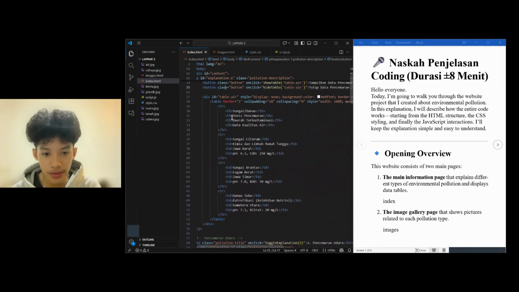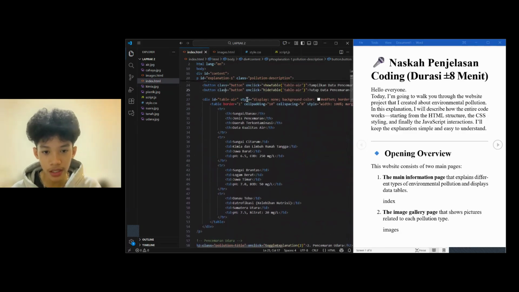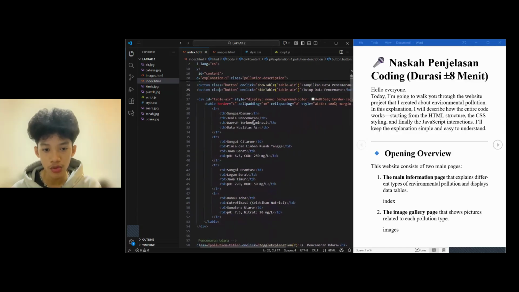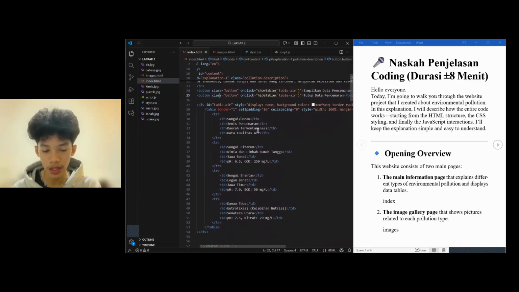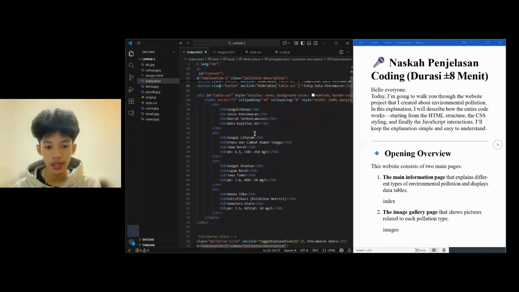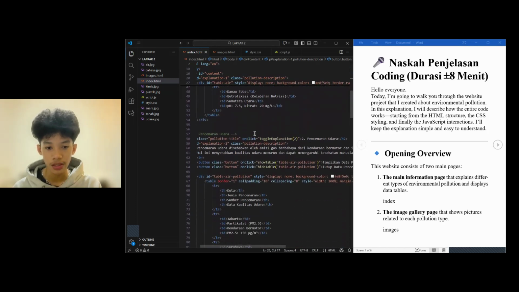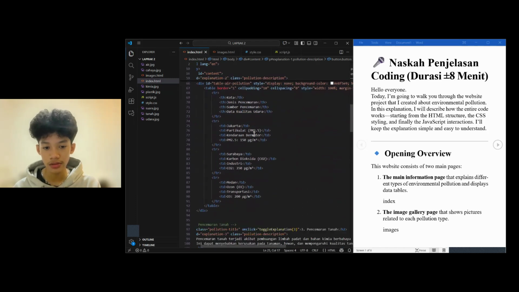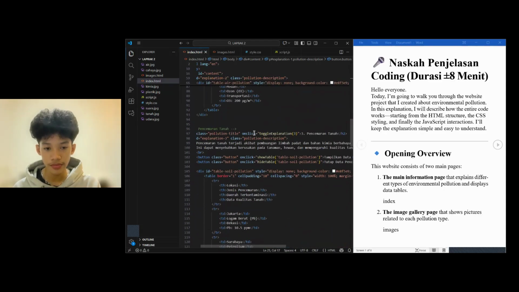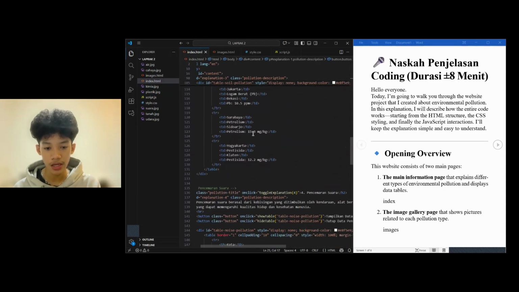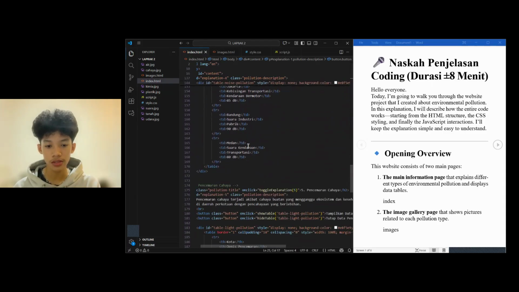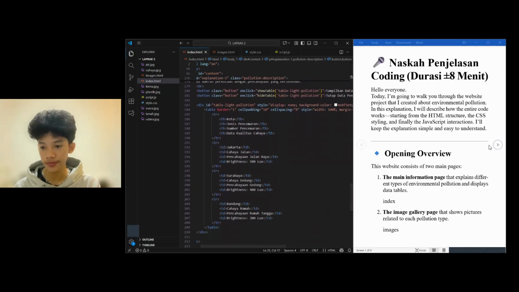I give a table for air, the style display, border, to make the table show in the output. Next, pencemaran udara. Same. Next, pencemaran tanah. Next, pencemaran suara. And next, pencemaran cahaya.